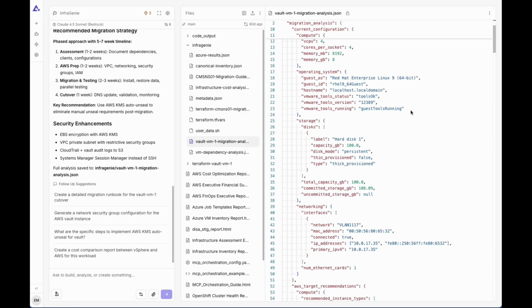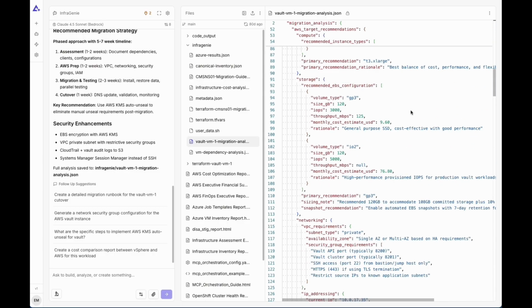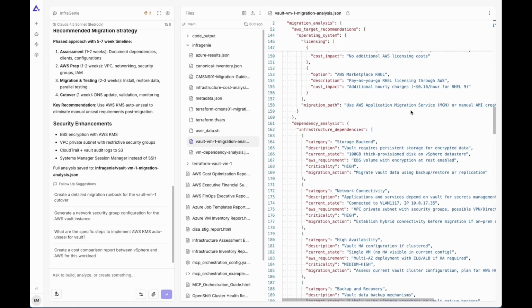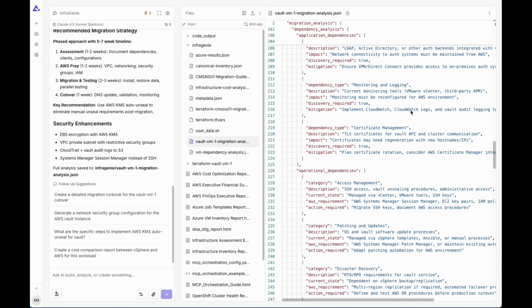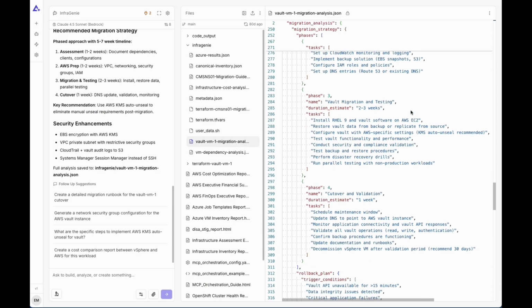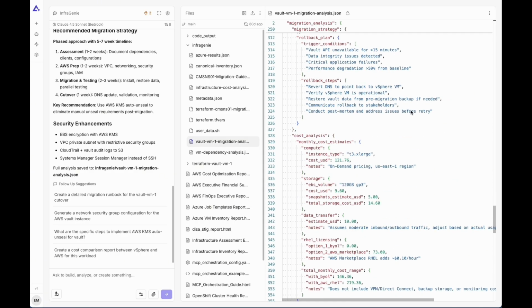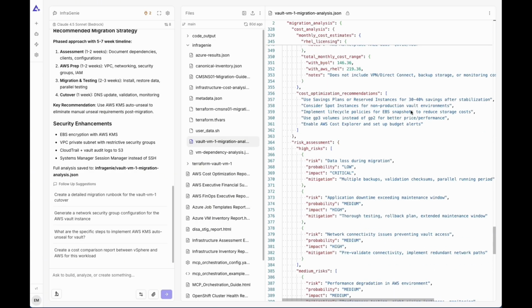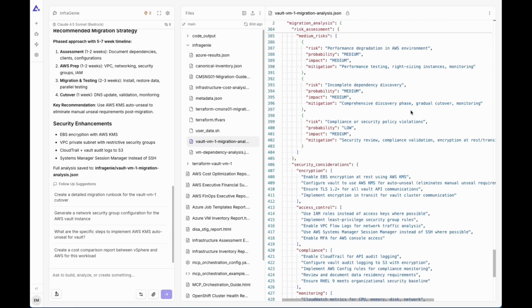rules and access considerations. Based on this analysis, InfraGenie highlights migration considerations for AWS, including compatibility risks, required configuration changes, and optimization opportunities. Finally, InfraGenie provides AWS-specific recommendations for instance types, storage options, and networking to ensure a smooth and